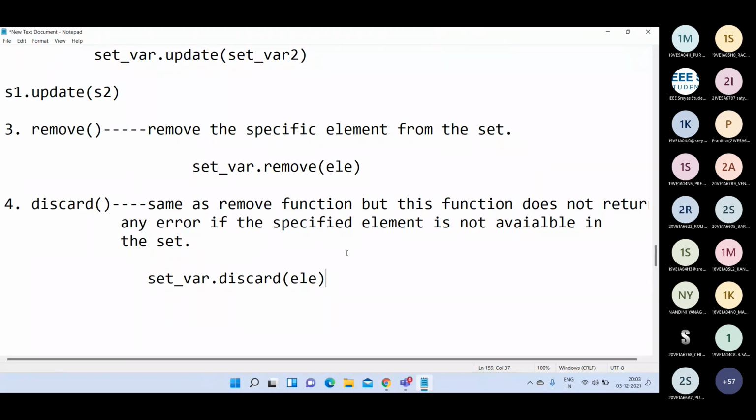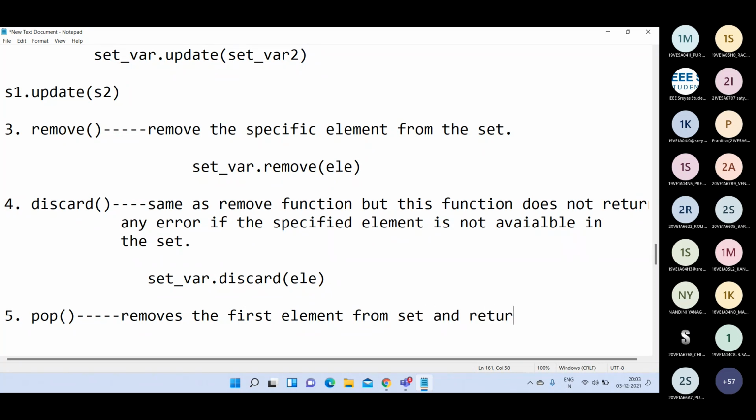Both are doing the same operation, but the difference is that the discard function will not show any errors. Then the next function is the pop function. This will always remove the first element from the set and it returns the removed element.